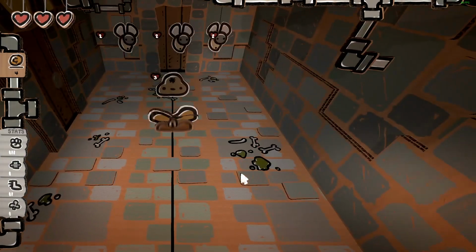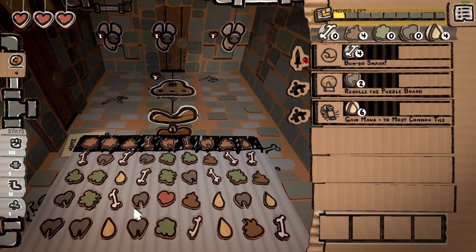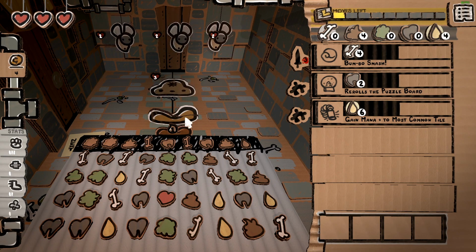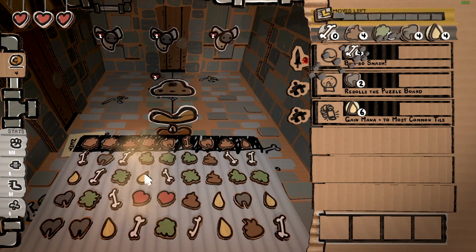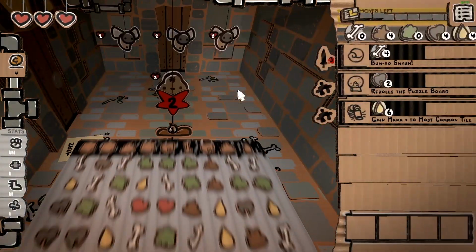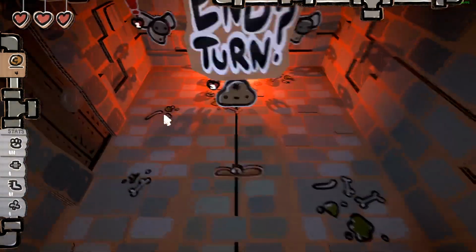Like, you'd think these flies would have a buzzing or something. You'd think the poops would have some kind of sound effects going on. Even the music doesn't really help, because the music just feels... What's the word I'm looking for? Uninspired, I think the biggest problem with the music is. I don't find myself enjoying the music in this game at all. It feels like...